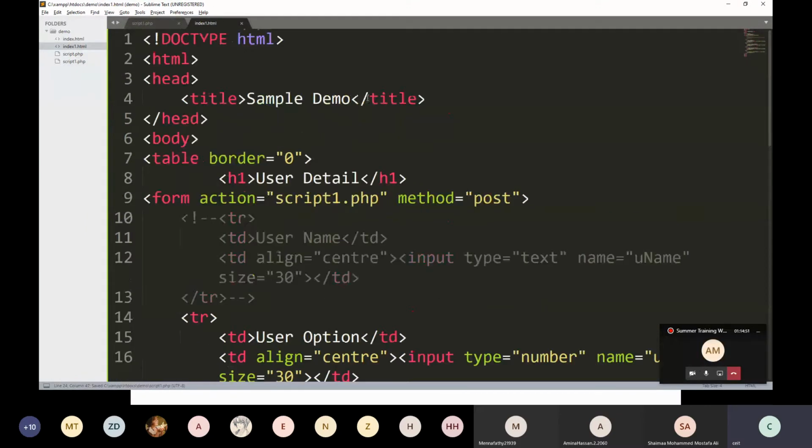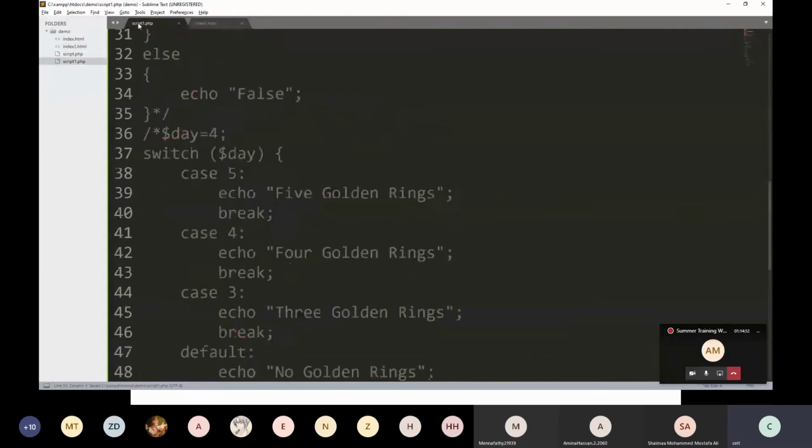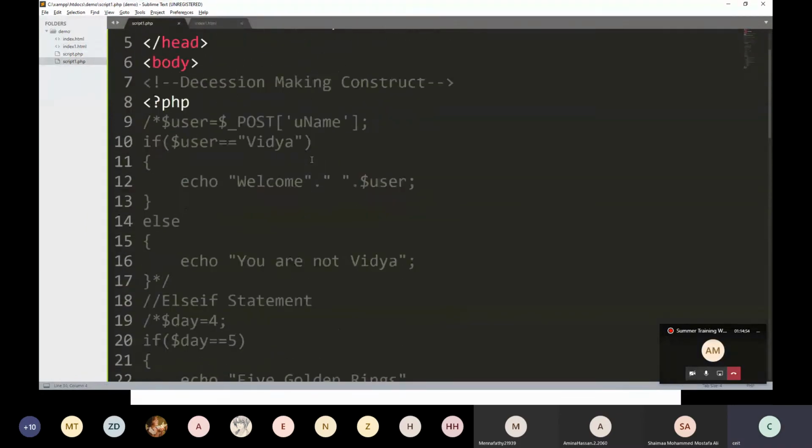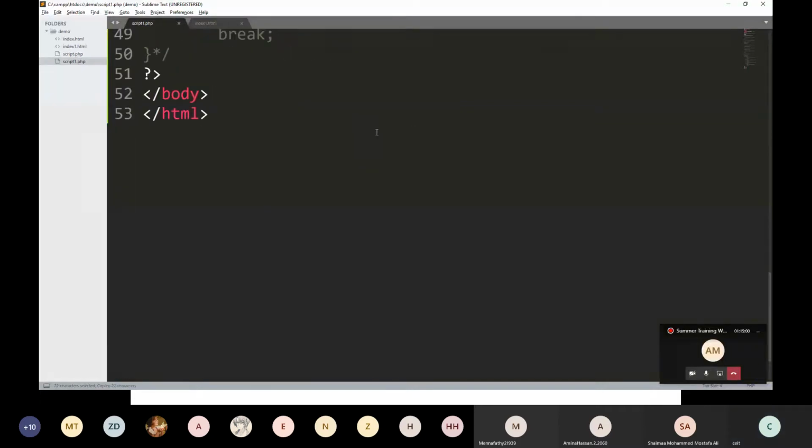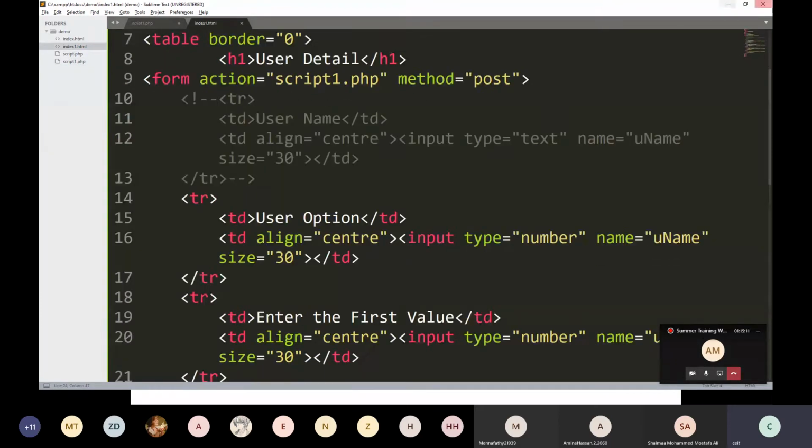and here your form method is post. Then I just copy this part and paste it, and this one first I am writing option. What is my option name?